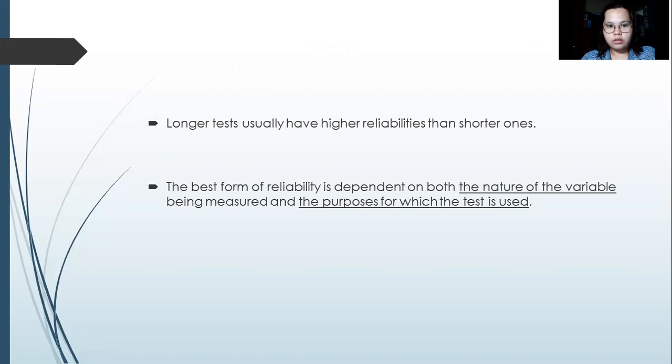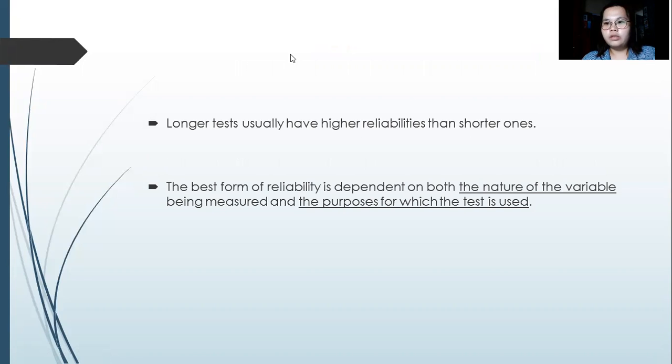Okay, so next naman, dito nagbigay ako ng tips kung paano nga ba mas magiging reliable yung isang test. Bali, sabi dito, longer tests usually have higher reliabilities than shorter ones. For example, sa mas mahabang test tinitingnan yung consistency mo doon sa sagot mo, kung same pa rin ba yung sagot mo doon sa unang item.